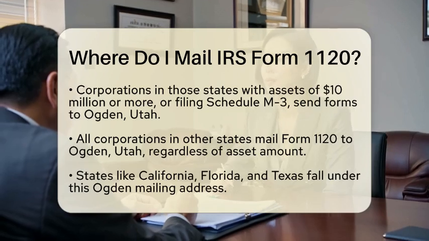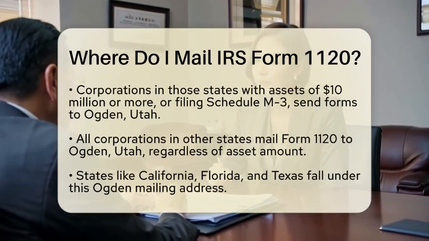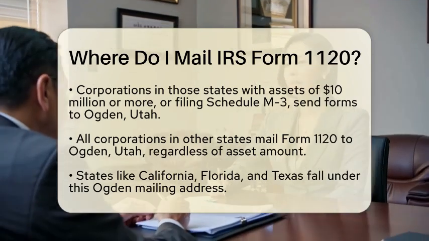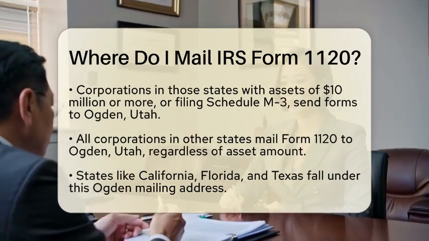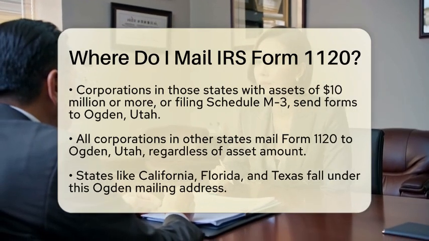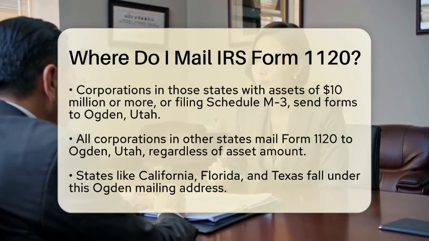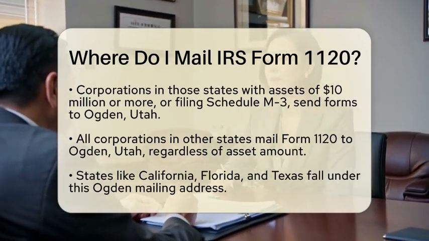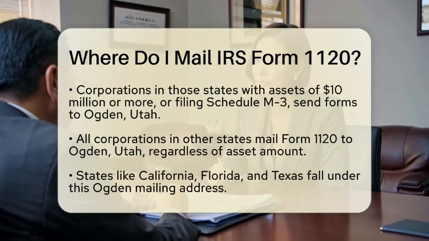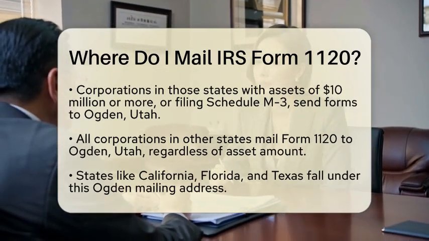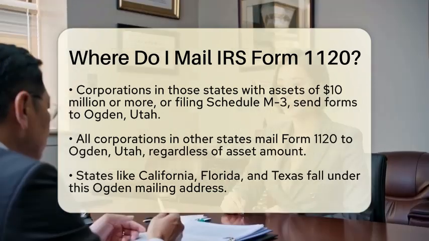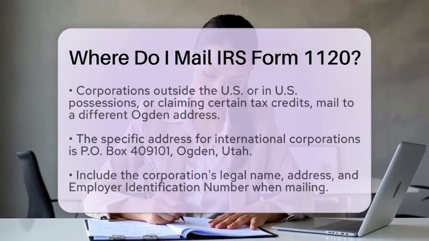Now, if your corporation is in those same states but has total assets of $10 million or more, or if you are filing Schedule M3, you will mail your return to the Department of the Treasury, Internal Revenue Service, Ogden, Utah, zip code 84201-0012. For corporations located in other states, regardless of asset amount, you will also send your Form 1120 to the